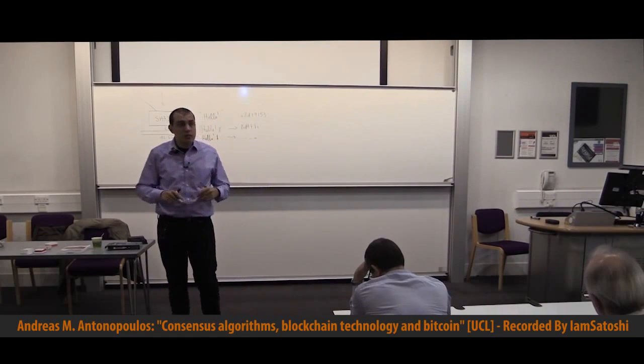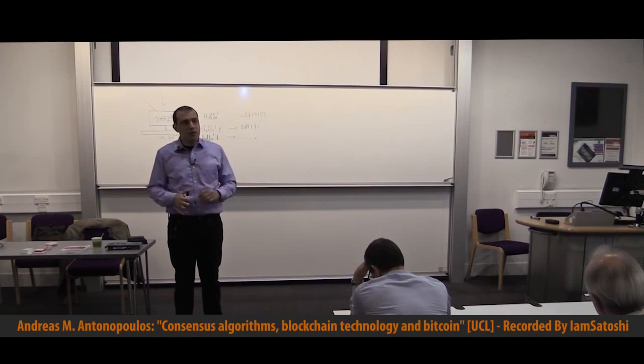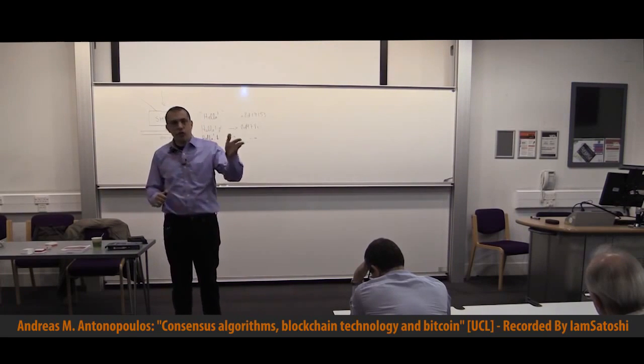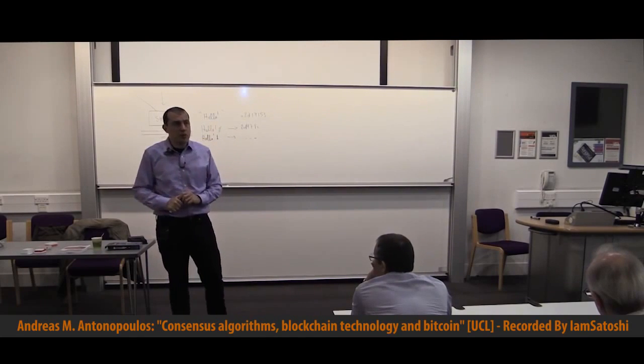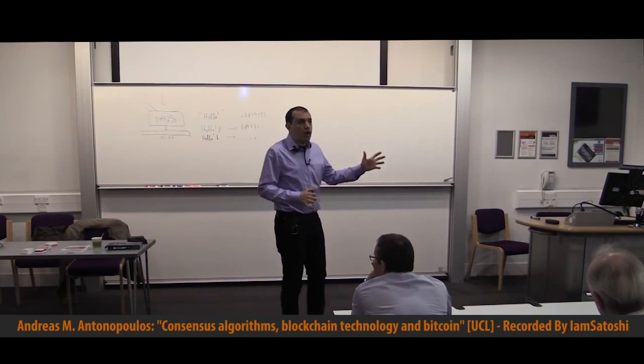And at some point, a hash would pop out that would meet my difficulty target. And as soon as I have that hash, I can show it to you. And I can do 2 things. I can show you the hash, and I can show you the number. So I can say, for example, hello